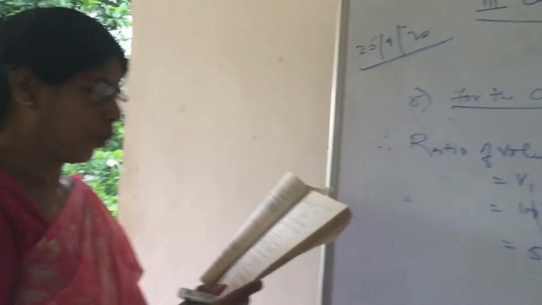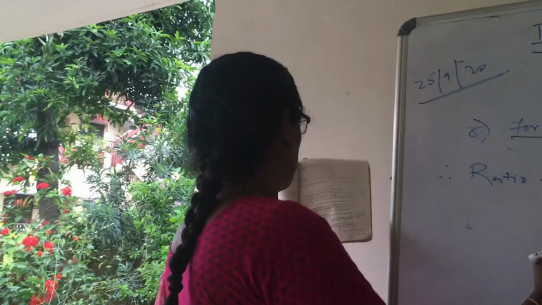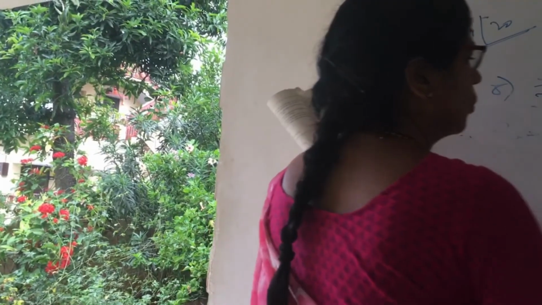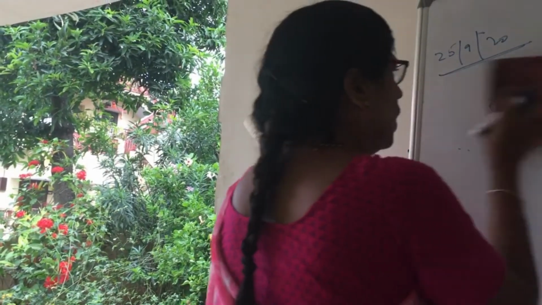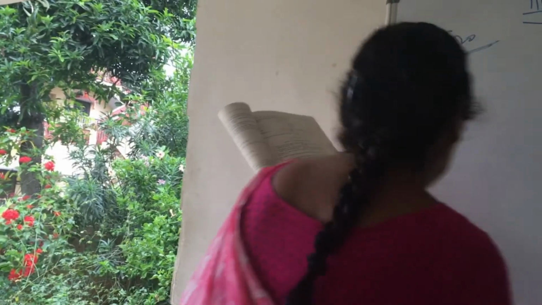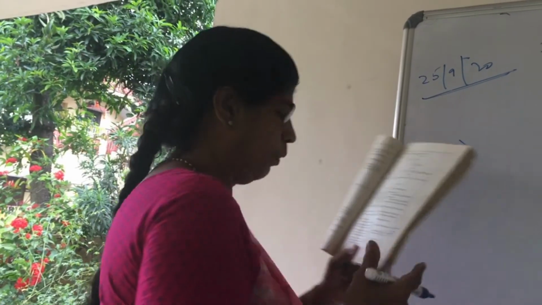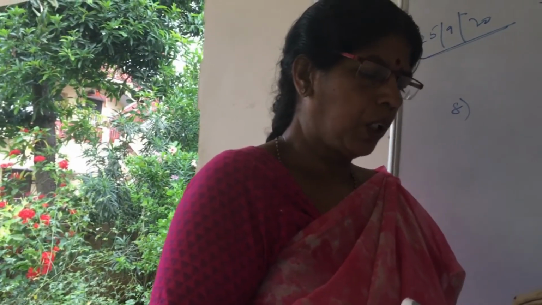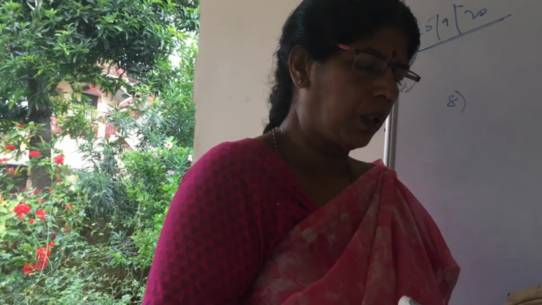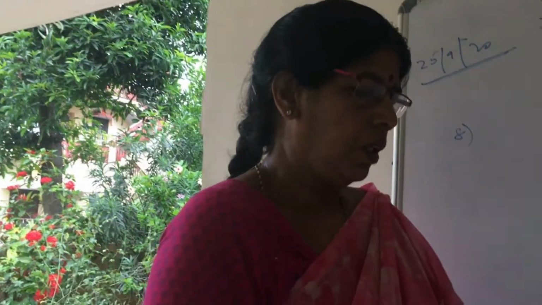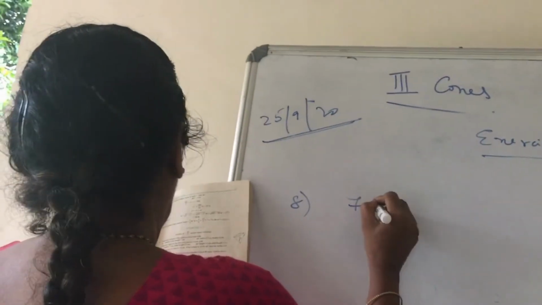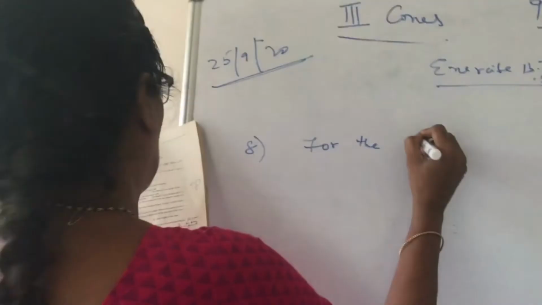Coming to the last question in the exercise. Hope you have followed, children. The ratio of the volumes is equal to 5:12. Last question in exercise 13.7. A heap of wheat is in the form of a cone. Given the diameter and height, find the volume. When diameter is given, radius, yes, and the height. The heap is covered by canvas, yes, for the conical heap.